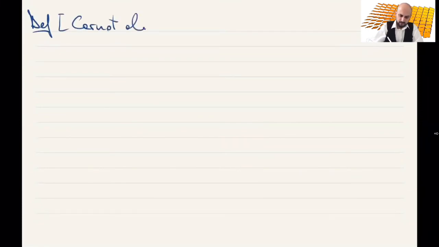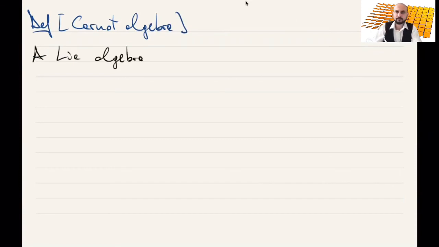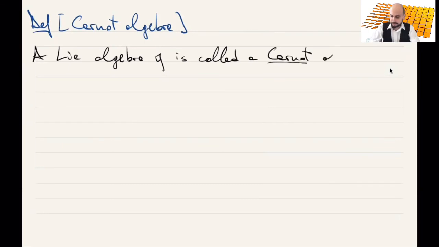I will now rephrase the definition of Carnot group. I will actually first define a Carnot algebra and then a Carnot group. Okay, so definition of Carnot algebra. A Lie algebra G is called a Carnot algebra if it is